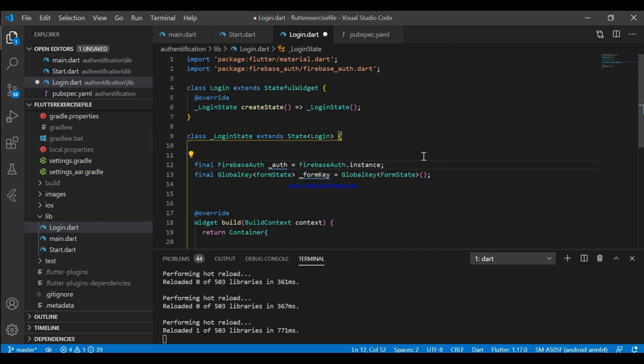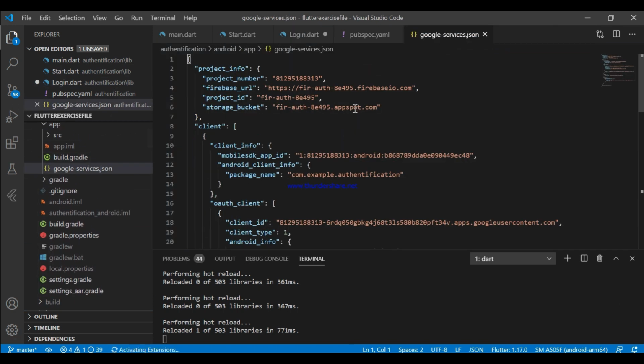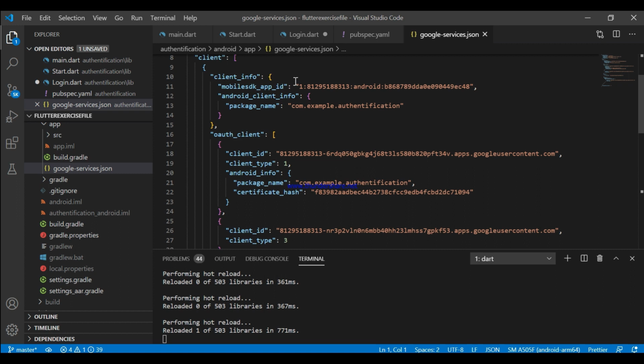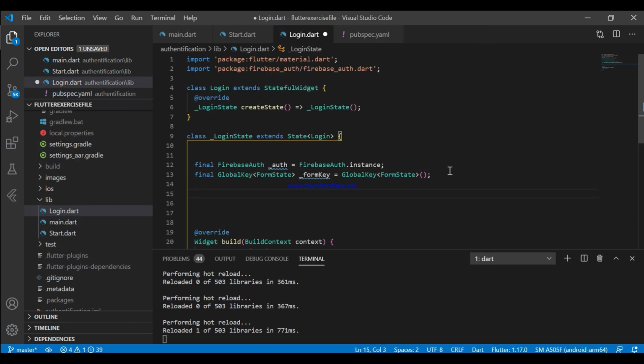Now here we have grabbed the instance of Firebase which can directly talk to Firebase, and you will wonder how just writing this one line of code it's able to do it. Now the role of the JSON file comes. Look, I'll show you. As you can see, here is the project ID, mobile app ID. All these things are responsible for this. That's why this is a super important file. Without this file, it's impossible to link Firebase to our app. Now we need two more elements, which are email and password as strings.